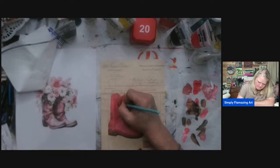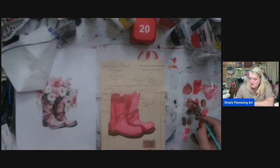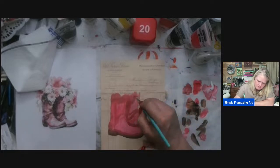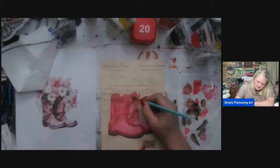We're using that brown mixed with the pinks to just kind of come in and give us all of our shadowing. And so we're going to go darker and darker before we come to the